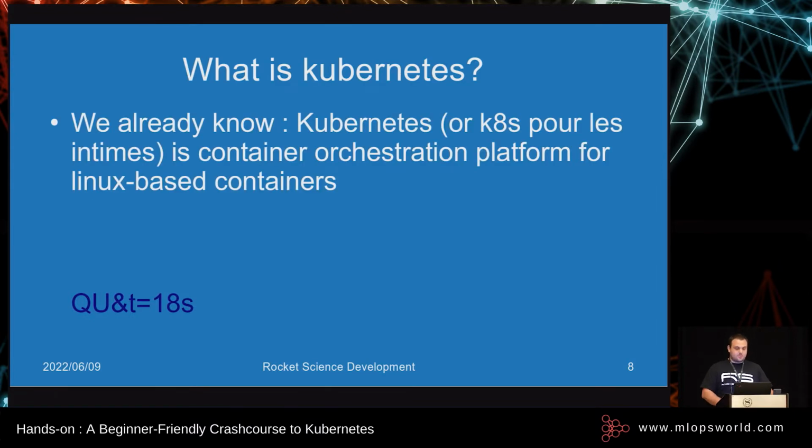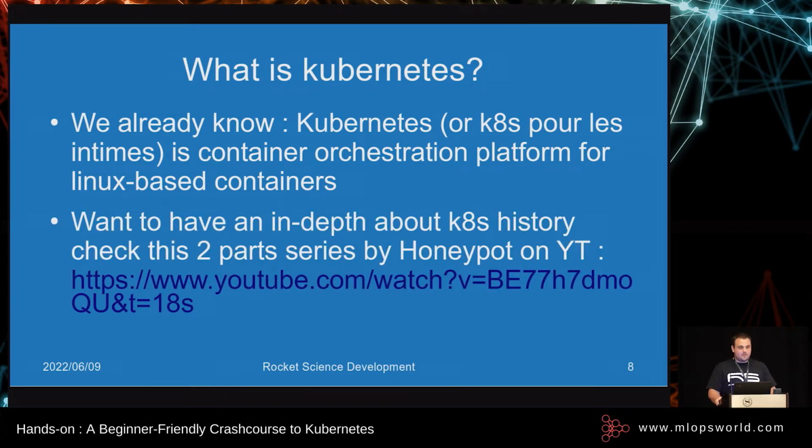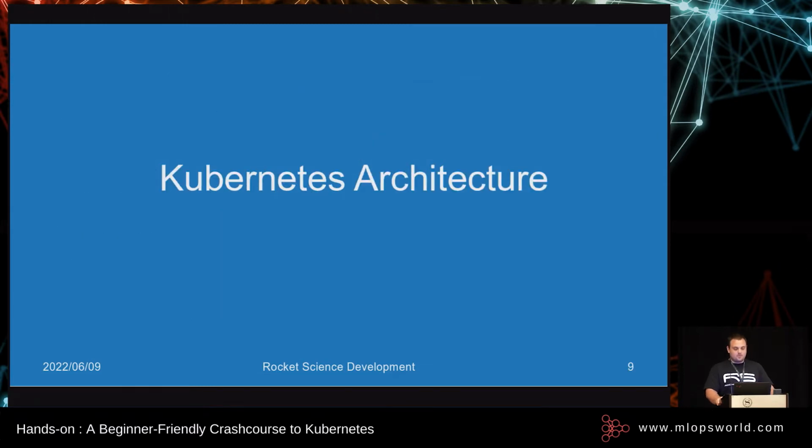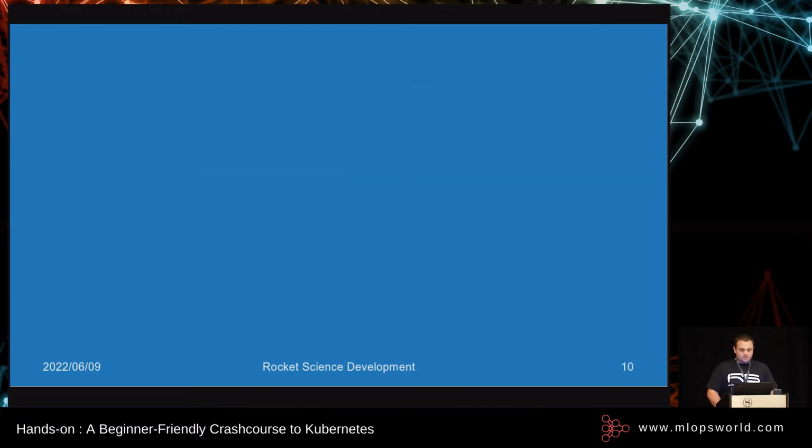So what is Kubernetes? As we already know, Kubernetes is a container orchestration platform for Linux-based containers, because other container orchestration solutions might focus on other aspects than only Linux-based containers. And if you want an in-depth story about Kubernetes, you can check this two-part series by Honeypot on YouTube. It talks to the main actors that contributed to the development of Kubernetes, and it's really interesting. It gives you another perspective on the story behind Kubernetes. So let's dive